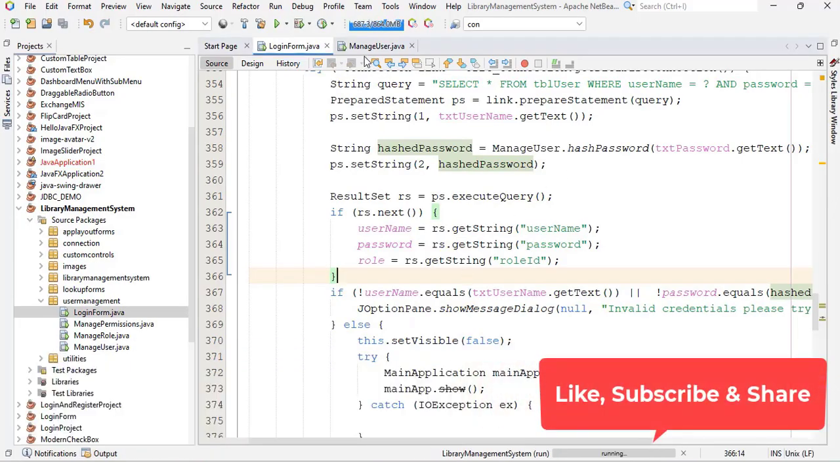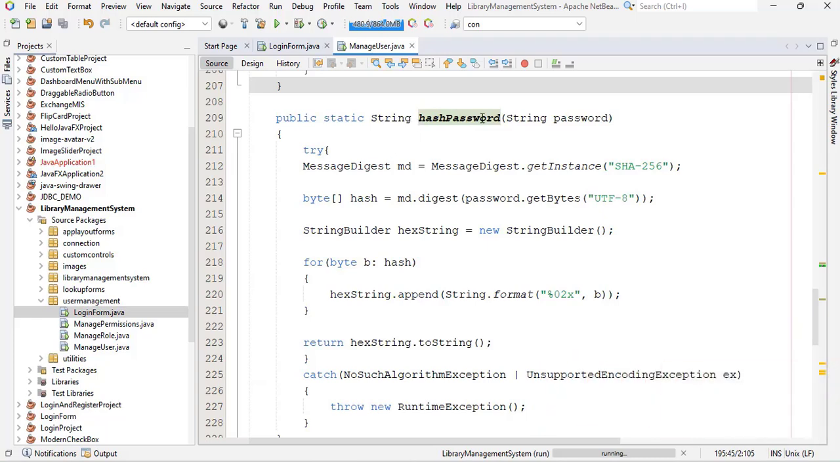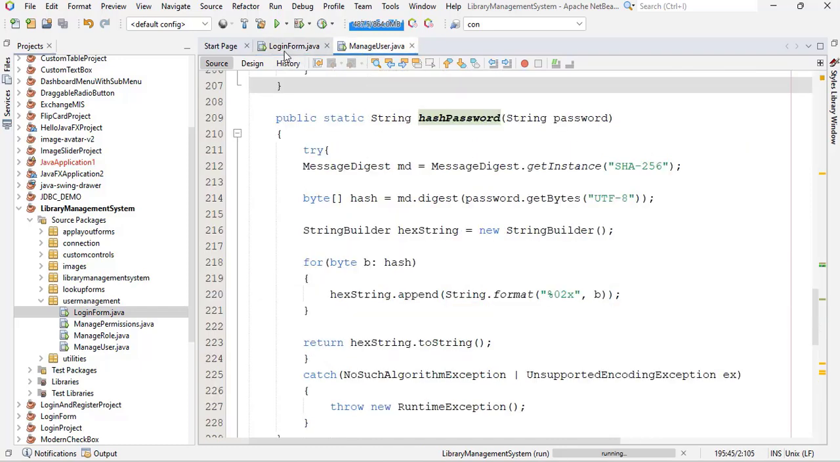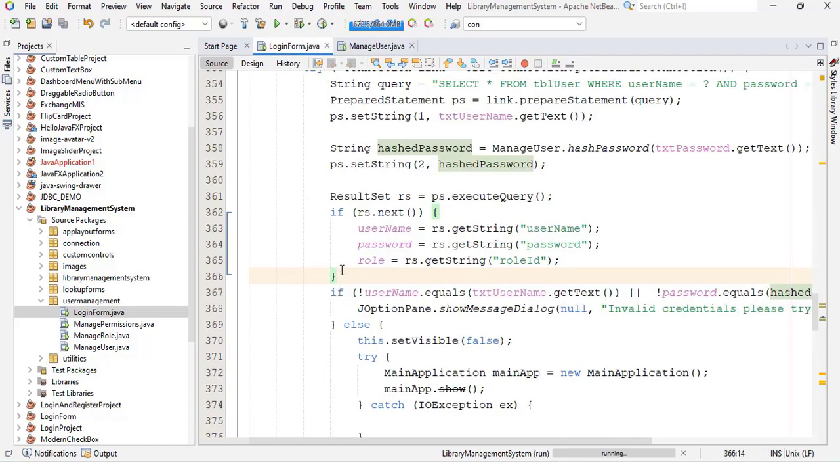Okay friends, as you can see, here we have hash password method, and we defined this method in our previous video. And now we changed only the access modifier from private to public because we want to access in the login form also. And you can also define this method directly in the login form, but this is not a good approach because we defined